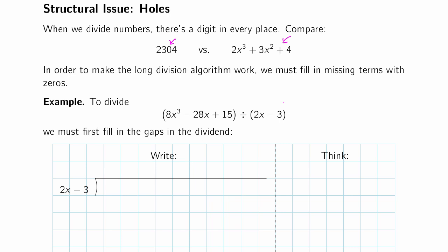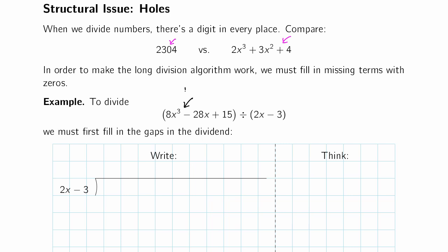However, the long division algorithm requires that we keep the places lined up, which means that if we have gaps, we need to fill them in with zeros. Otherwise, we won't be able to line up for our subtraction. So if we want to do this example, notice